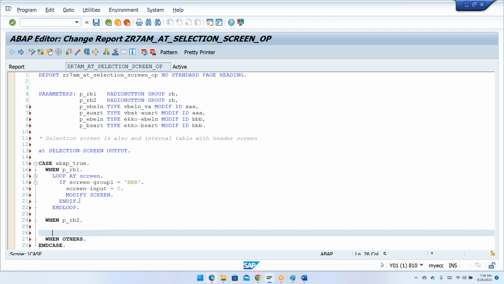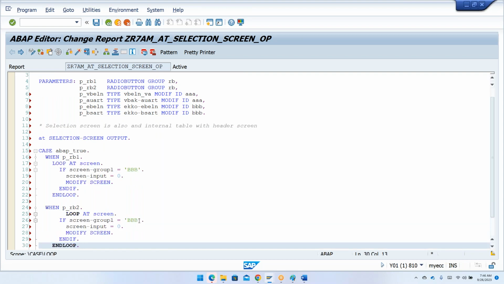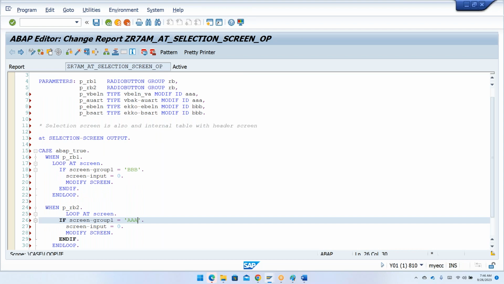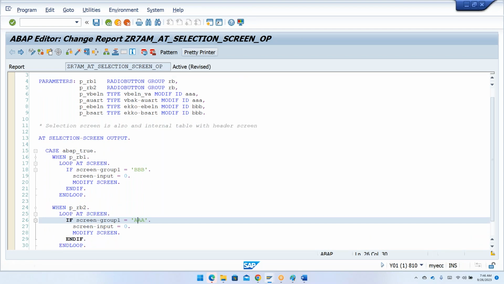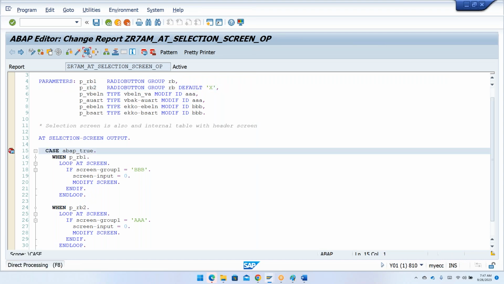In the same way, when I select this one, I copy this entire thing and paste it over here, and I'm going to select this as AAA. Now when I do my pretty printer and click on check, no issues will come up. Now which radio button should be automatically defaulted? I want to select either radio button RB1 or RB2. I'm going to say default equal to X, or you can write it in your initialization too. When I activate this one and put a breakpoint over here, when I click on execute,